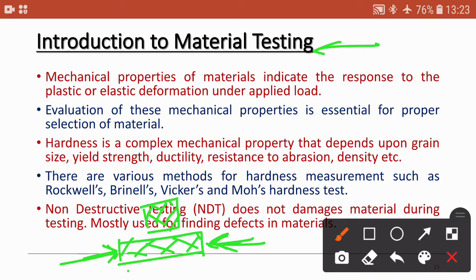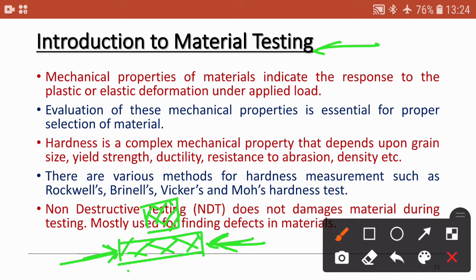In such a way we can have a compressive or a tensile or shear type of testing, twisting, then torsional test. So there are a number of tests associated with this. The main objective of this testing or material testing is to find out the strength of this metal or hardness of the metal. These are the destructive type of techniques.